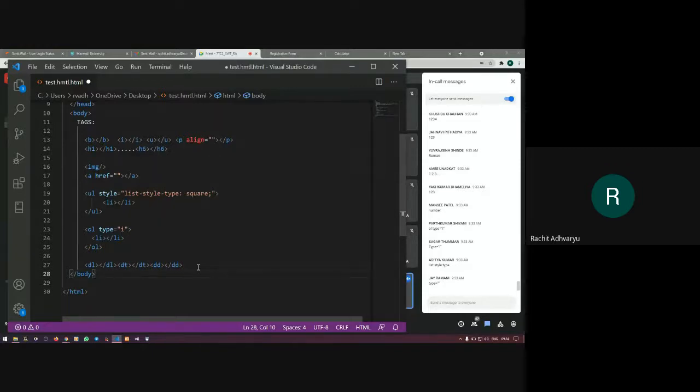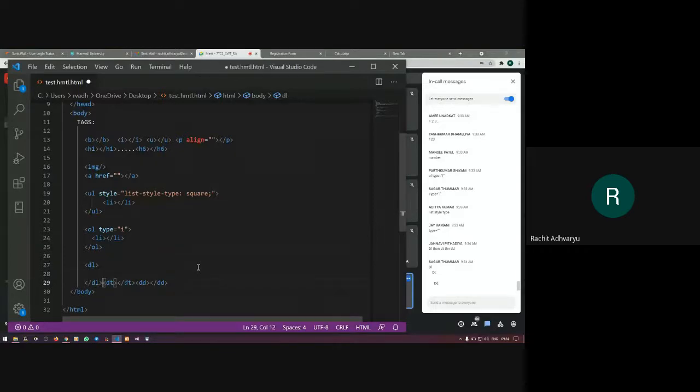You might have heard about this definition list, where we indent a type of data, a heading, inside it a subheading, again inside it you can have subheadings. Okay, DL, then DT, then DD. As Janvi is saying, let me accept it. So I will say DL, then she is saying DT, and inside it I am going to add DD.